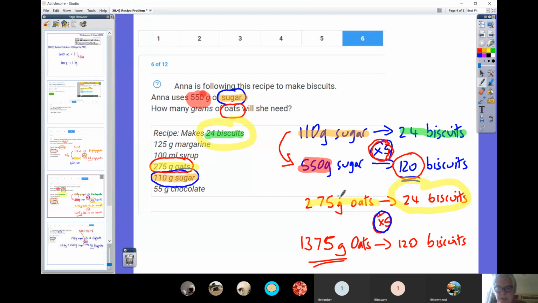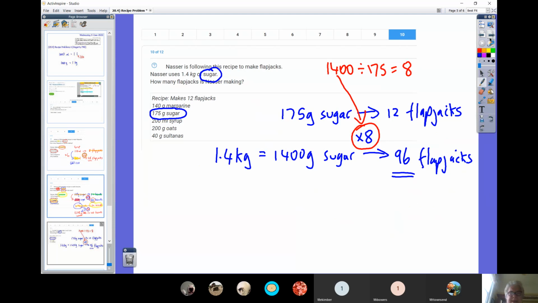So we take our 275 grams, we multiply that by 5, and that gives us 1375 grams of oats we will be using. So that is then questions 5 and 6 will look like that. Excuse me. Now, I think then I've gone straight to